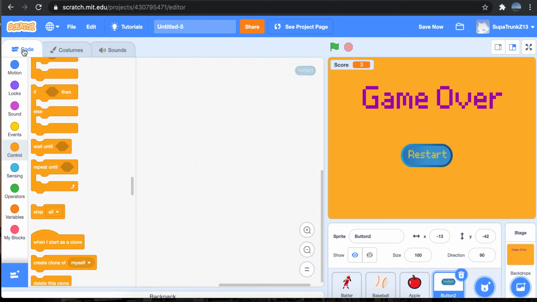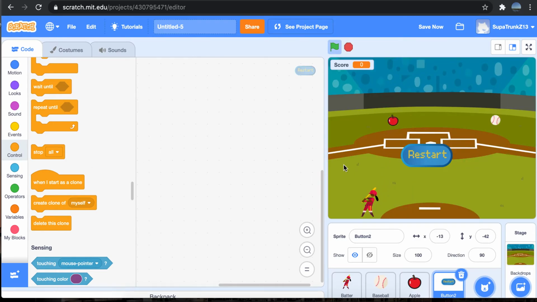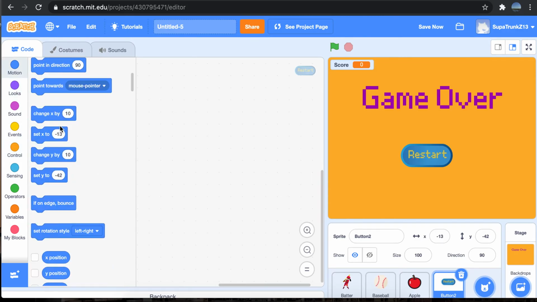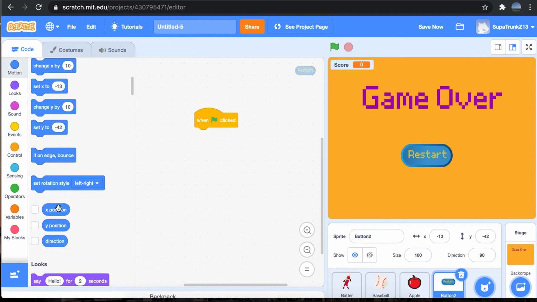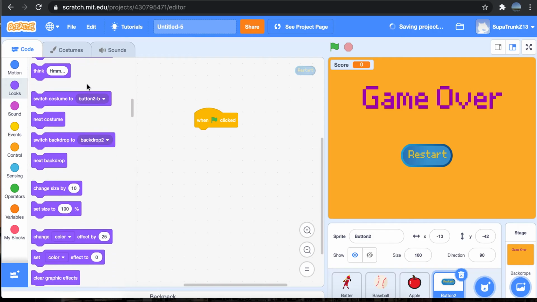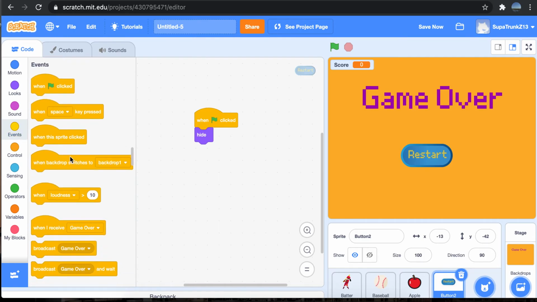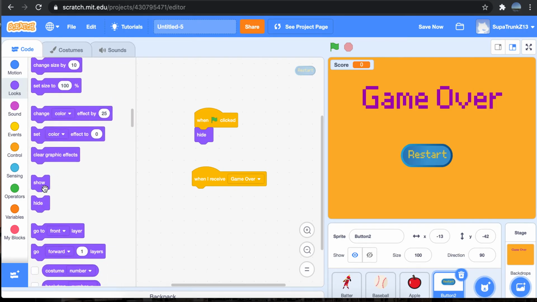We'll click on code again. And then we're going to hide this button at the start of the game. Because if you notice, if I click start, the button's still there. We want to hide it, right? So at the start of the game, I click looks, hide, but when message received, game over, we're going to show the button,